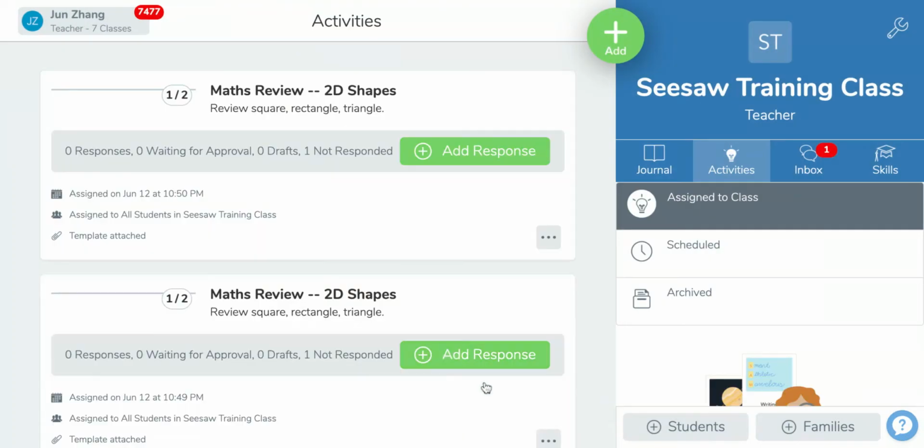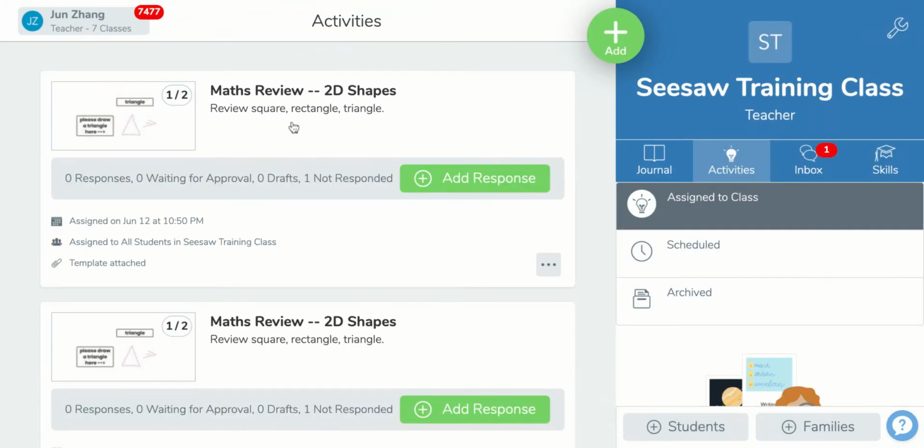Seesaw training activities down in here. The students can see their homework in here, and later you can get the activity link to share by email. You can add it